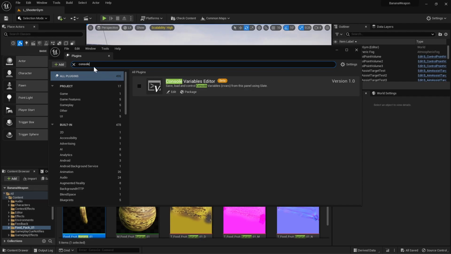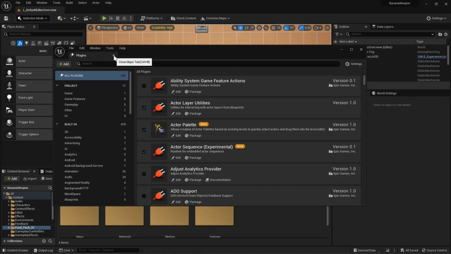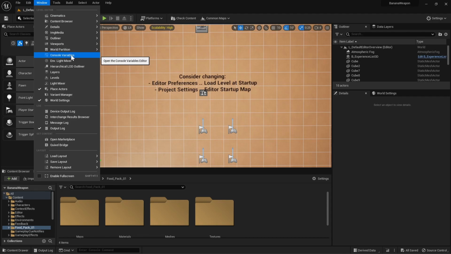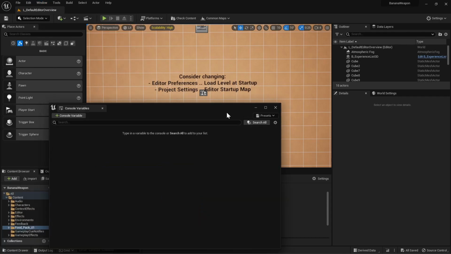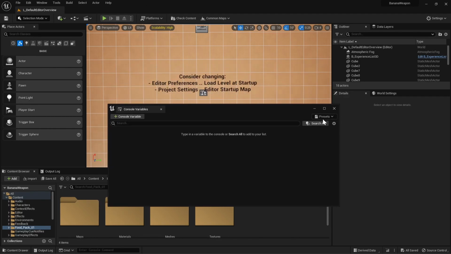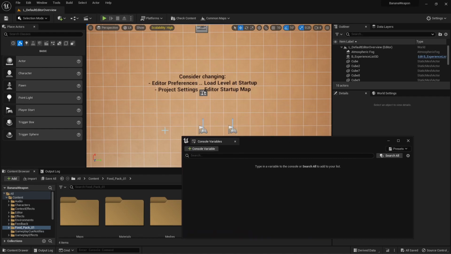So let's go ahead and just enable this plugin. So just say yes to this, and then let's click on restart now. Okay, so after it opens back up, it will still have this window open. Let's go ahead and close that major tab. And our console variables tool is under Windows, Console Variables. And so this is where you can create presets, or you can just preview whatever console variables are active at the